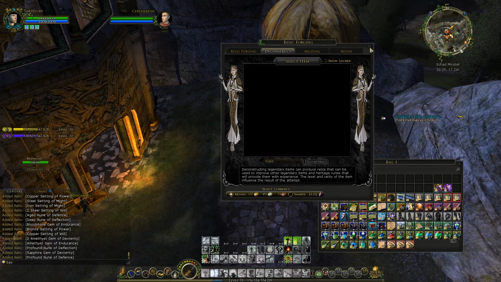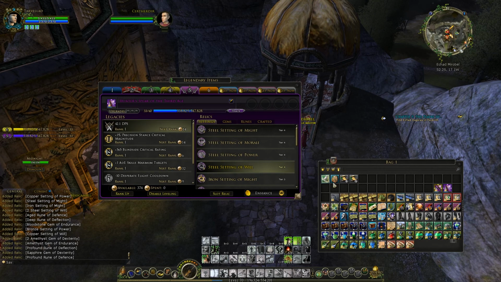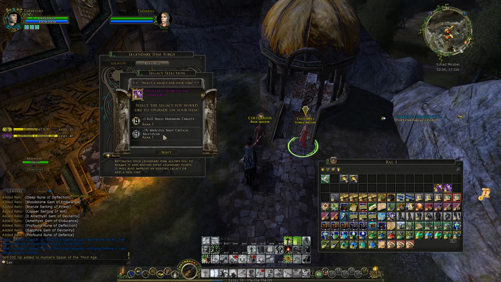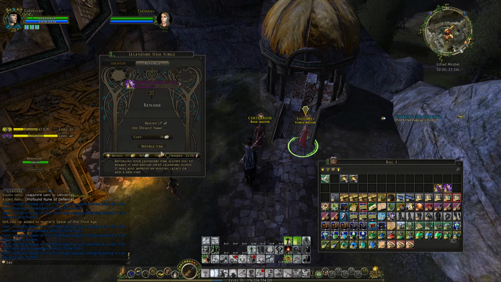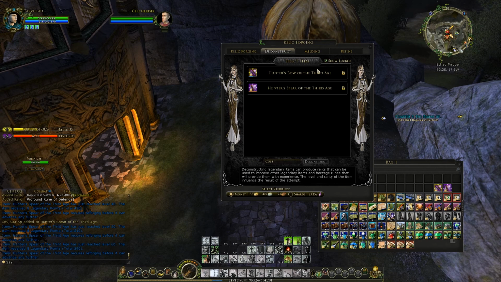And then we can put that into, like, the Hunter's Spear and reforge that. So it's not a constant loop. It actually might be a constant loop. It is a constant loop, it looks like. So now we can get rid of...